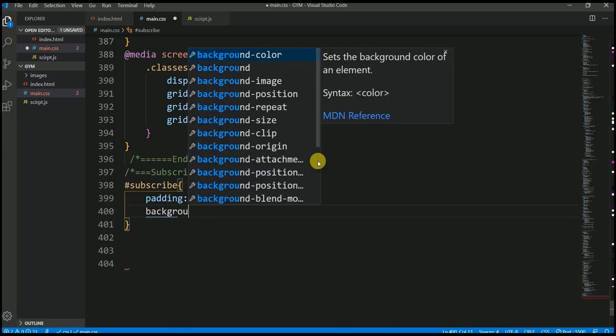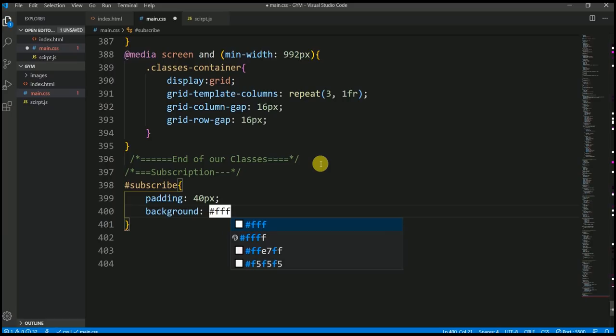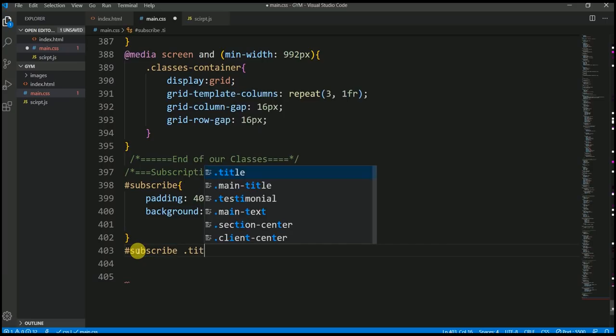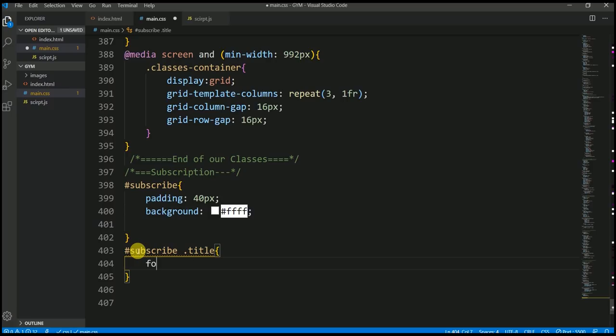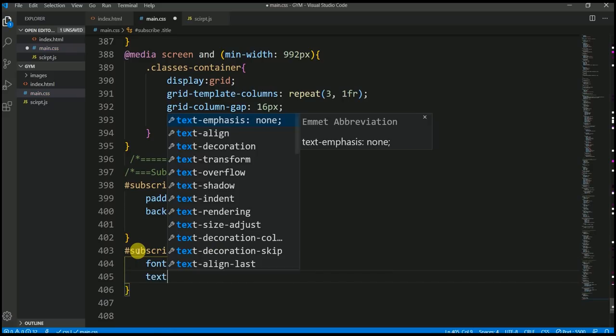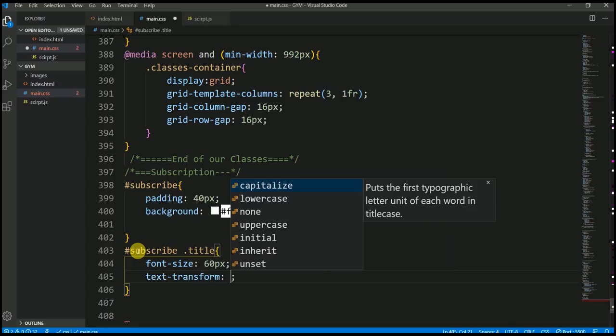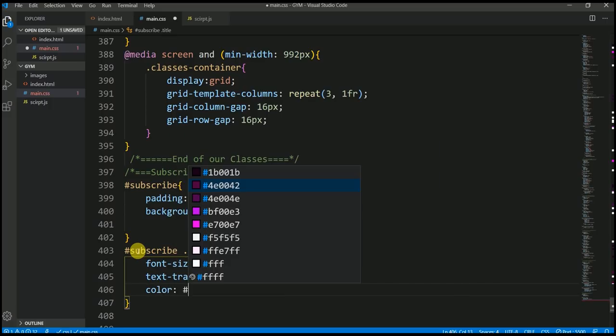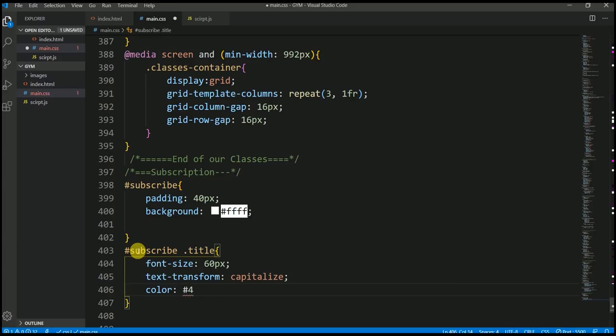Then background would be white, and now I want to go with the subscription title. So I'm going to say subscribe and the title class, and here I would like to say font size 60 pixels, and the transformation of the text would be text transform, and this would be capitalized, and the color for this I'm going with my theme color, not this one, sorry, but #1B001B,